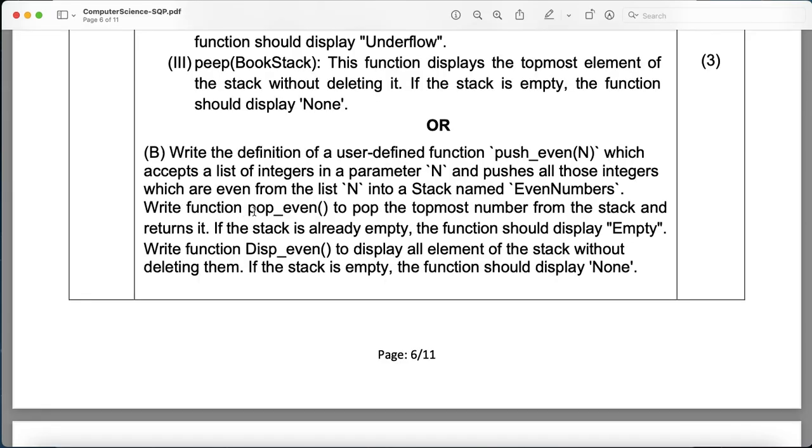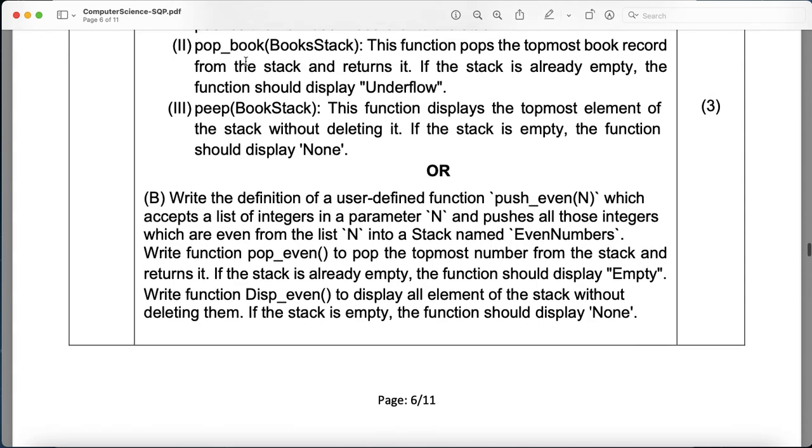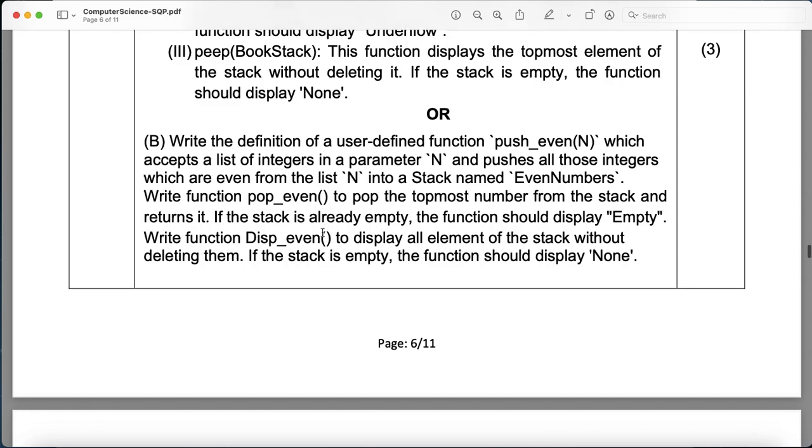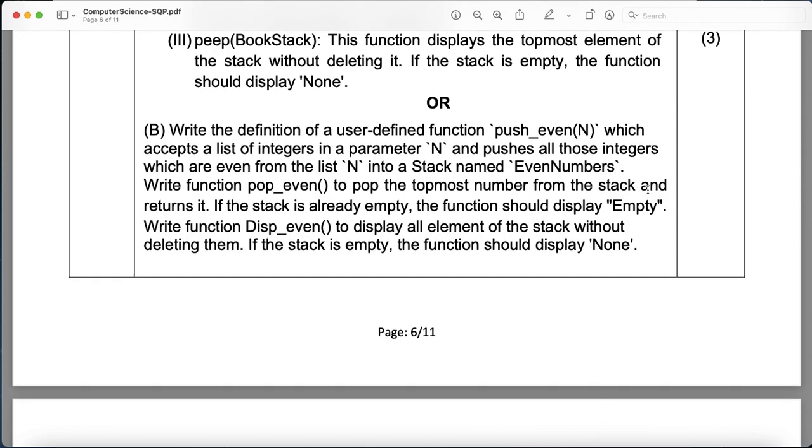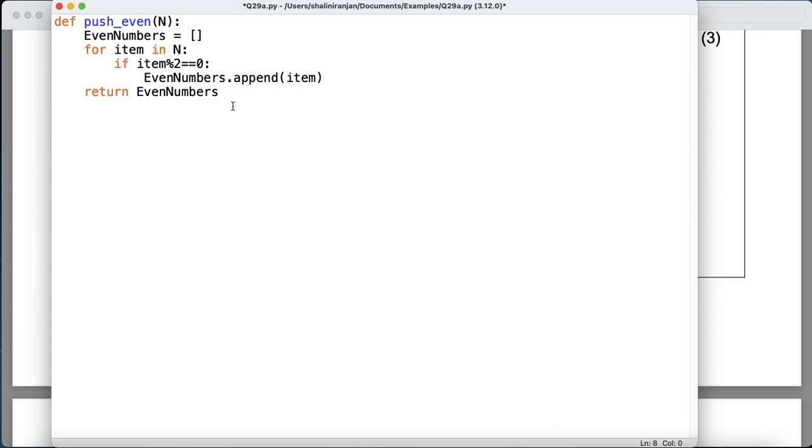Next part is: write a function pop even to pop the topmost number from the stack and return it. If the stack is already empty, the function should return empty. Similarly, here we wrote pop up, exactly the same. Just here we have to def